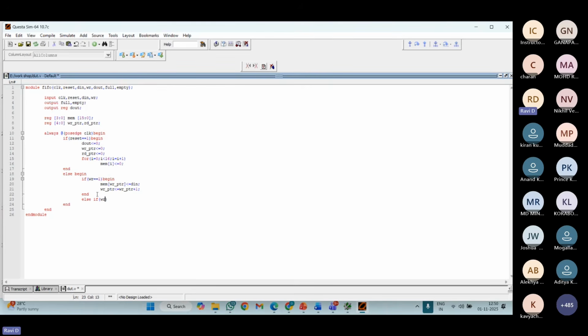When your write enable signal equals 0, you are going to read the data. Reading of data means whatever data we have in my first memory location should be assigned to D out, right? So D out equals mem of read pointer, RD_PTR.